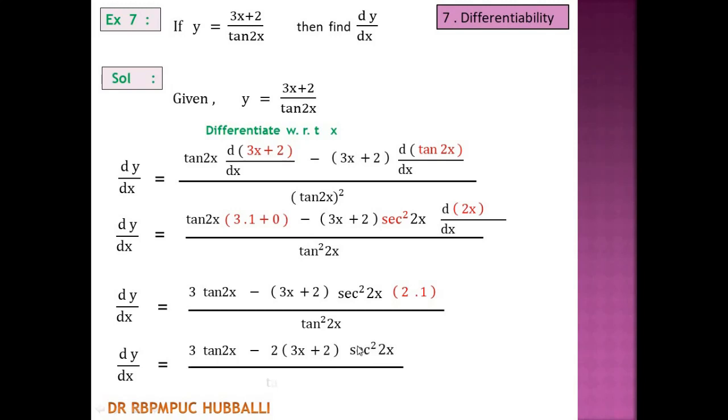So this is the derivative of the given function. That is the answer. So here we followed the division rule, also the composite rule, composite of the function. See, the rule for a composite function and the rule for the entire function are different. The rule for the entire function means the division rule. Here the rule for composite is for tan 2x, it is for the function.